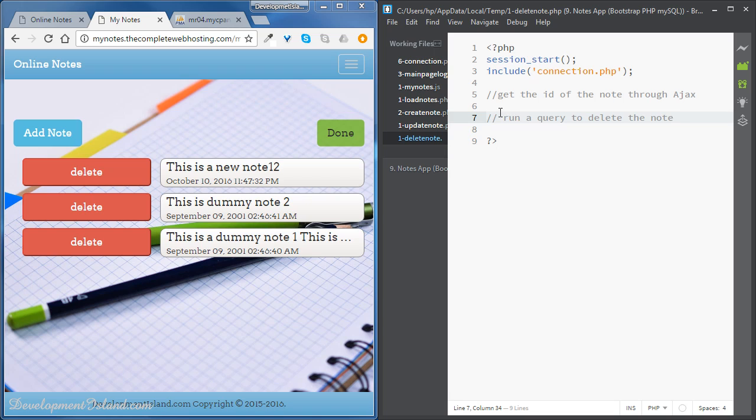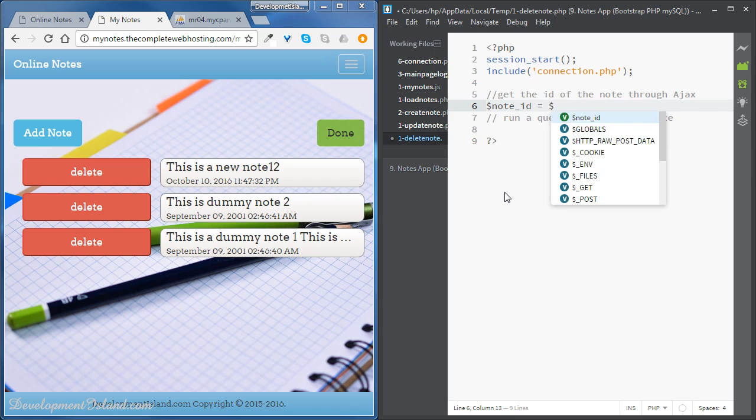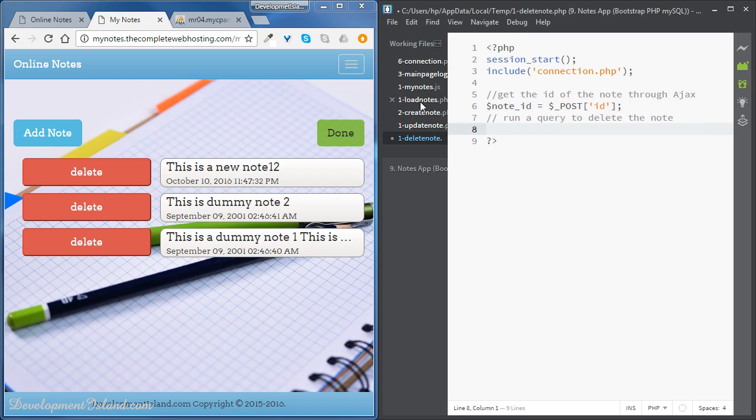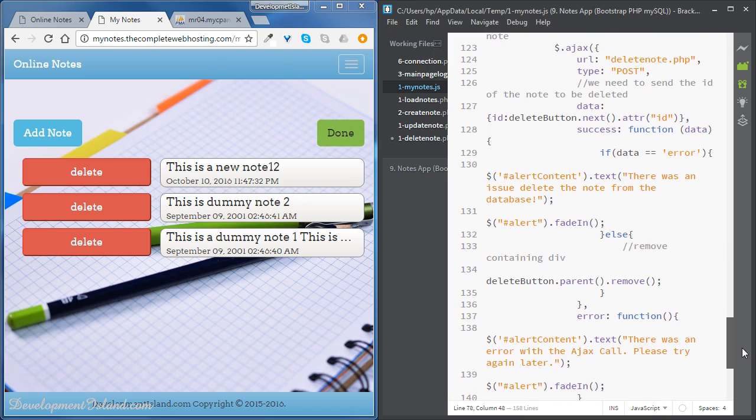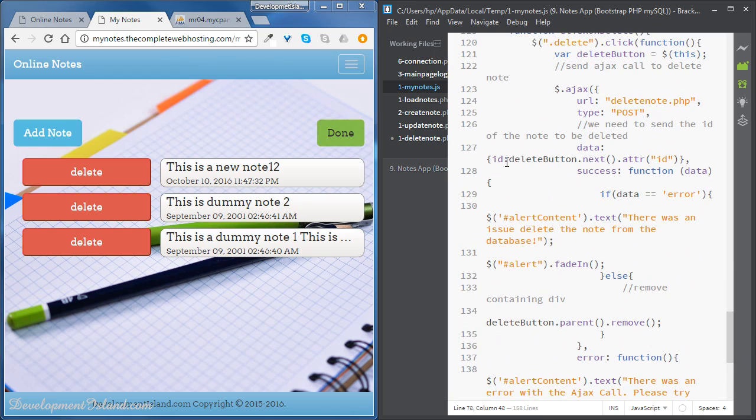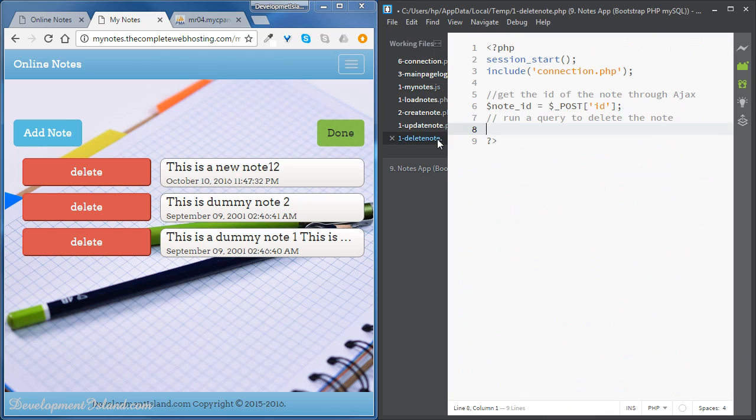So first of all, we need to get the ID of the nodes through Ajax. So let's create a variable node ID and get the ID of the nodes from the post array. Okay, so the key here is going to be ID, because when we wrote our Ajax call, in the data parameter, we sent ID. Okay,